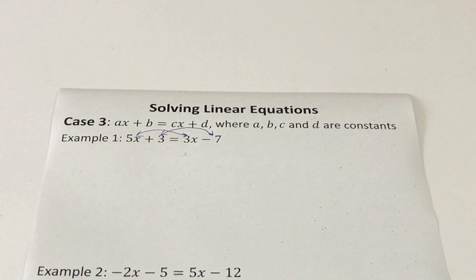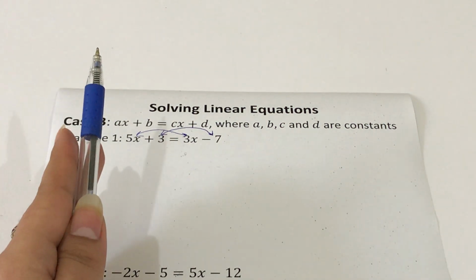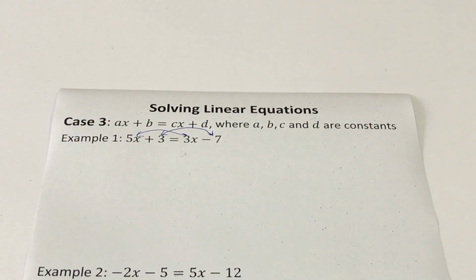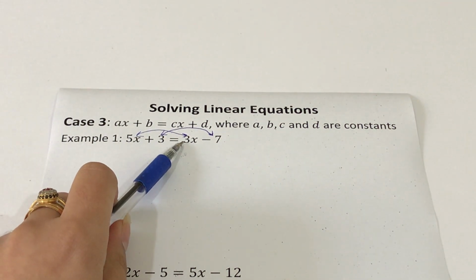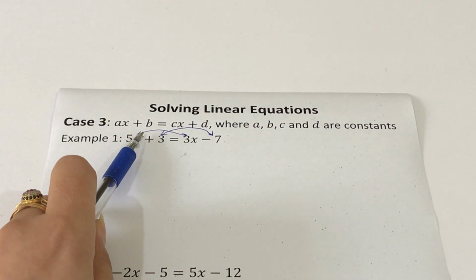We always collect or shift our variable terms on our left hand side and constant terms on our right hand side, right? So 5x and 3x, I have to shift 3x on the left hand side of the equation, and I have told you in the previous videos, when you will shift any term from one side of the equation to the other side, you have to change the sign of that term. Now you can see there is no sign with 3x, that means it's positive, right? So first I will shift 3x to the left hand side of the equation.